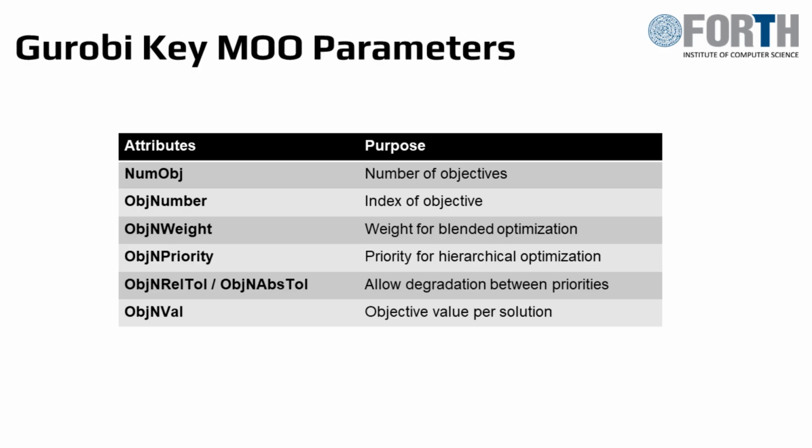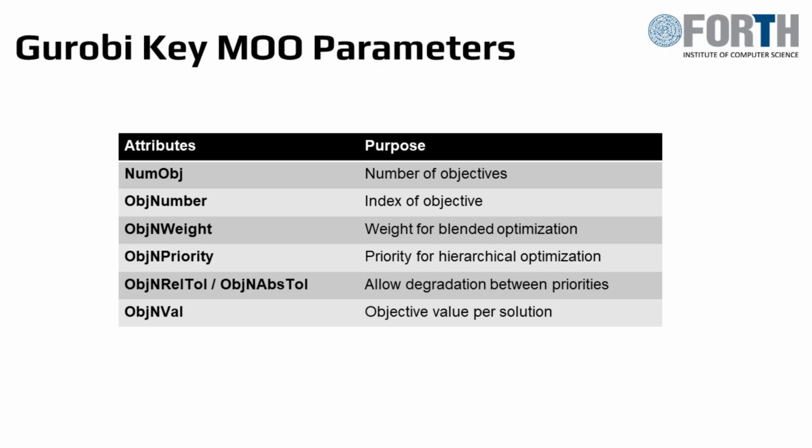ObjNPriority is used in hierarchical or lexicographic optimization. Higher priority objectives are optimized first, and lower priority ones are optimized only within the limits imposed by the higher levels. Then we have ObjNRelTol